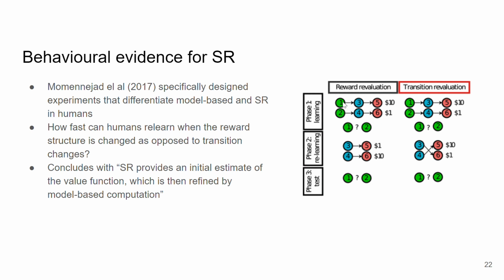So humans are given this task where, how do we differentiate between a model-based and successor-based system? A successor-based system is very flexible to changes in rewards. If you change a reward, it can still learn in one shot. Whereas a model-based system is robust to both reward changes and transition changes. So even if you change the transitions, it can quickly adapt, whereas the successor representation cannot.